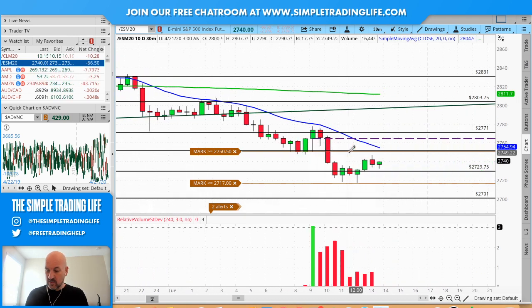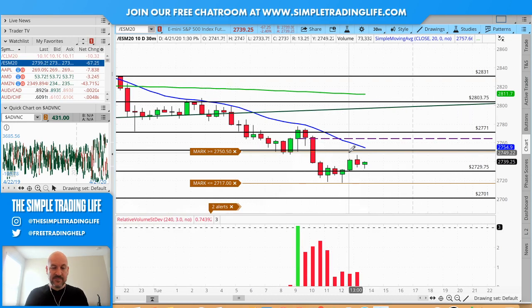So this morning, when a lot of people on Twitter and different social media platforms were all talking about going long on ES, going long on SPY, going long on the Qs, QQQ, we were exactly the opposite. And as you can see, we called that right because we got this strong move to the downside. That's a 60-point move to the downside.